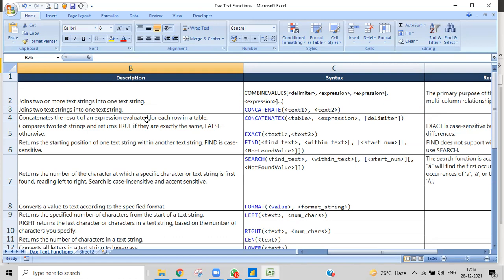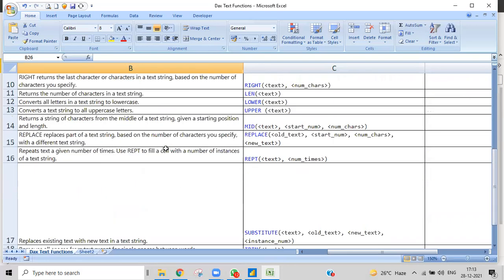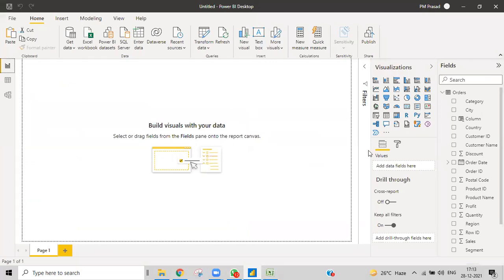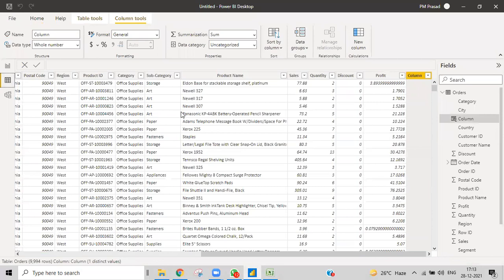We'll use these string functions. Very simple and very basic. The operations or calculations that you want to do for text will be done by these functions, so these are called string functions or text functions. We do have a couple of functions. We'll discuss them one by one, and then we'll create a calculated column. At the same time, we can create a measure also. Both things we'll create. Based upon that, I'll give you a scenario.